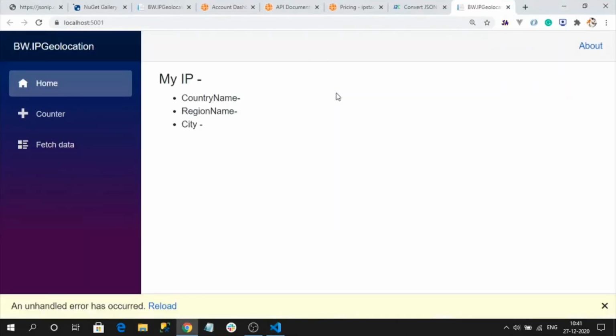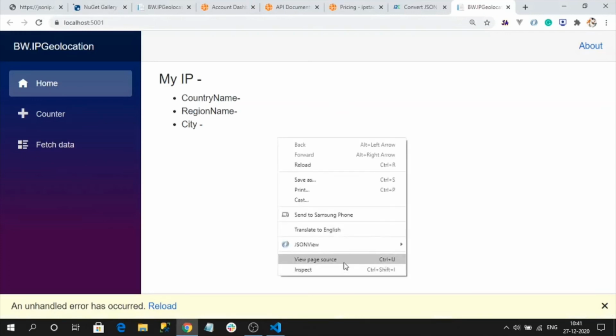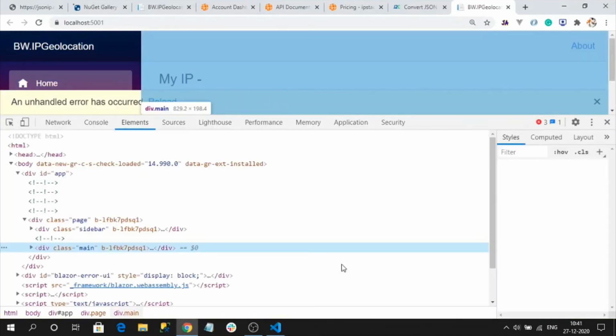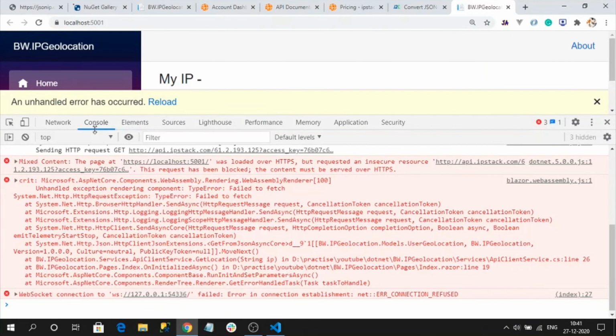So here some error occurred. Let's check it. Console, HTTP. Okay, this is because of a mixed content issue. Because our domain is local domain HTTPS, but I am calling a non-HTTPS URL. So it won't work, HTTP for an HTTPS website.